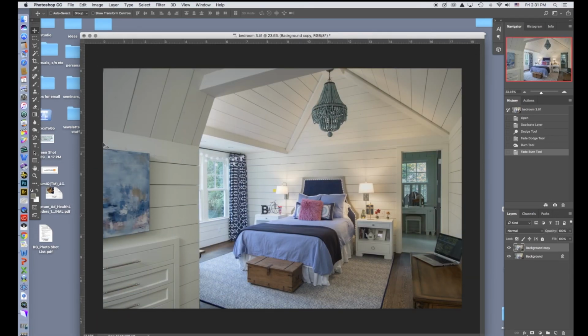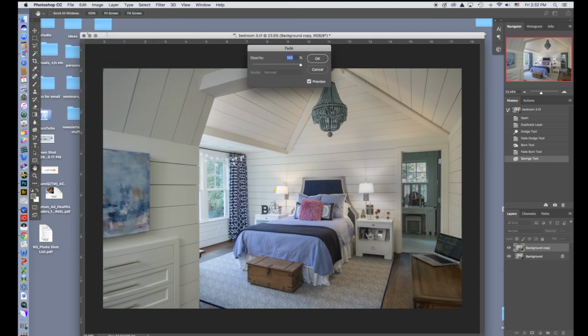I'll show you a little bit about the sponge tool now. Go into the sponge tool, and right now it's set to desaturate. Say maybe this yellow is a little bit too intense. I can go in and desaturate this, but it's taking it all the way to gray since I have it set at 100%. I can go into Edit, Fade Sponge Tool, bring it back down a little bit,